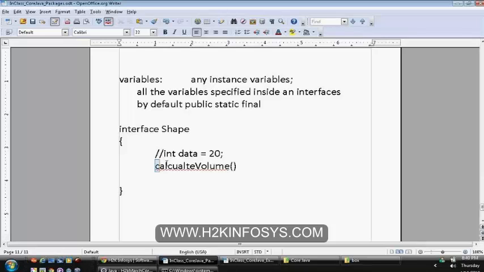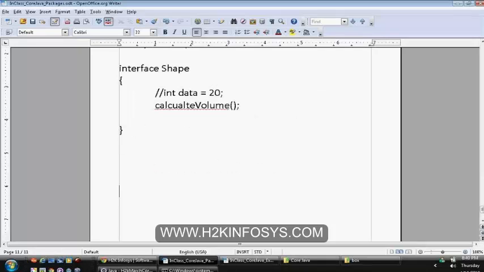In the same way, all the methods that you specify within your interface are inbuilt abstract methods. If you specify or if you didn't specify, those are all by default abstract methods. Once you have specified a prototype, see, this is the prototype that you have specified for your shape class.